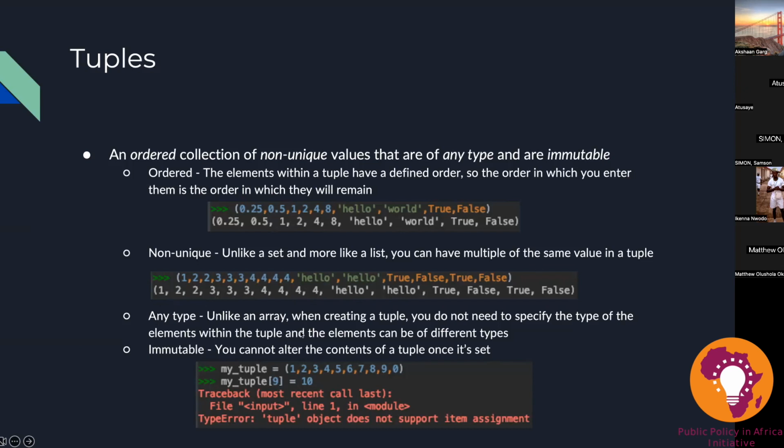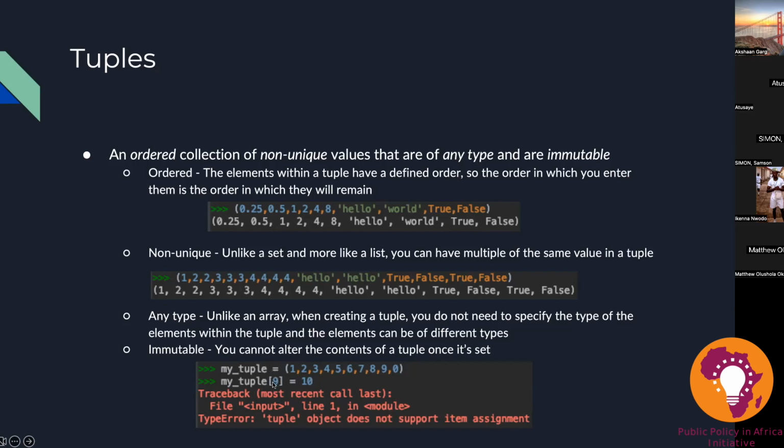So any type, unlike an array, when creating a tuple, you do not need to specify the type of the element within the tuple, right? So in an array, we are bound to one type of element. In a tuple, we're not, okay? So it is immutable. So the difference here is